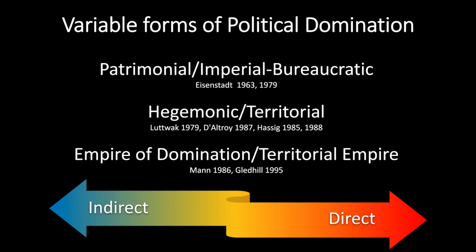And again, we tend to think of the Roman Empire through the lens of maps quite a lot, but in reality, even Rome was using forms of political domination that were more indirect, which we'd usually associate with a more hegemonic type of political strategy, versus a more direct form, especially in places closer to the capital. I think this continuum approach is a good way of thinking about things because in cases where we have good documentation, most empires don't adopt a one size fits all model to control the polities that they dominate.